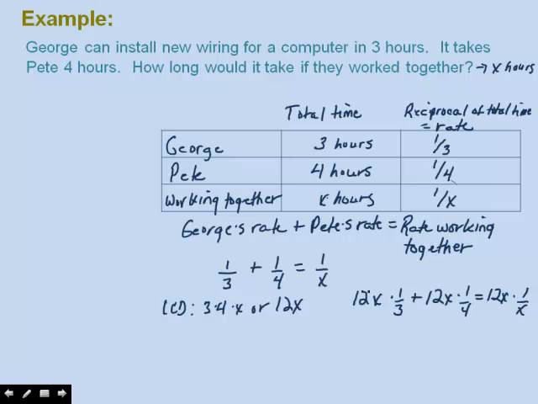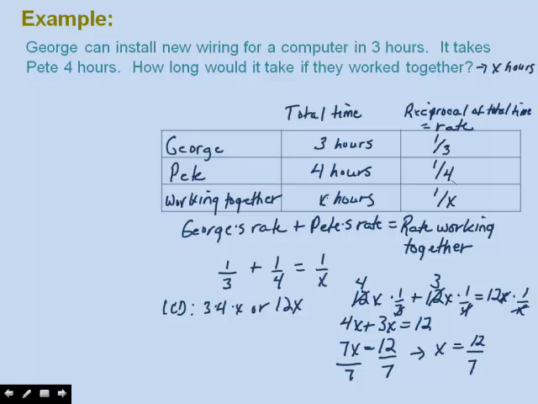And now if we cancel, we can cancel the 12 and the 3 and get a 4 up here, the 12 and the 4 and get a 3 up here, and we can cancel the X's over here so that we have a 12. So that gives us 4X plus 3X is equal to 12. So then we have 7X is equal to 12. If we want to solve for X, we divide both sides by 7. So that gives us X is equal to